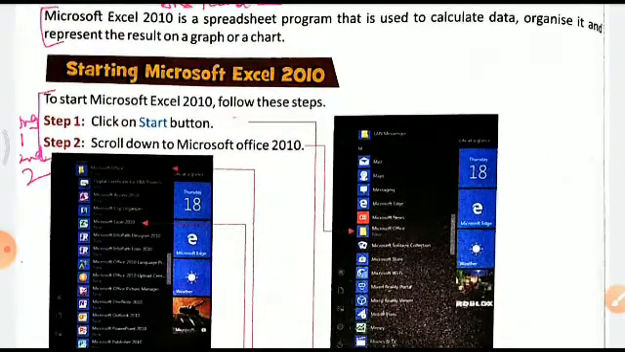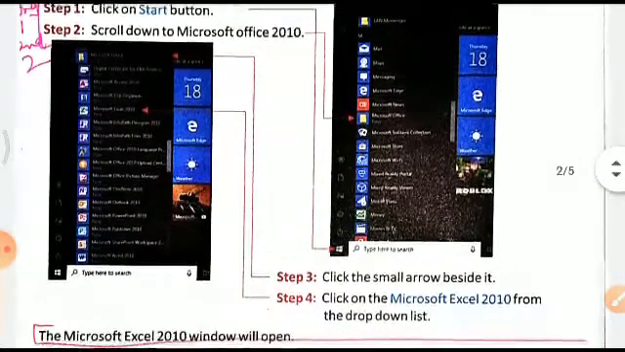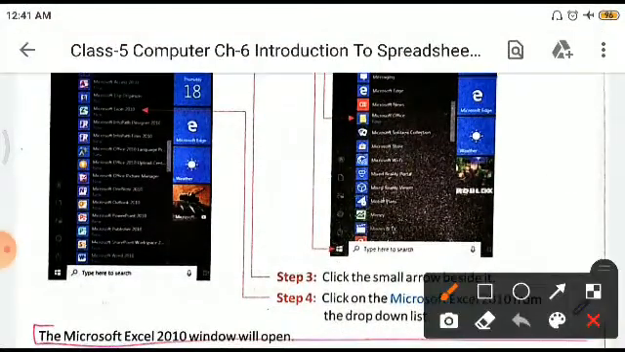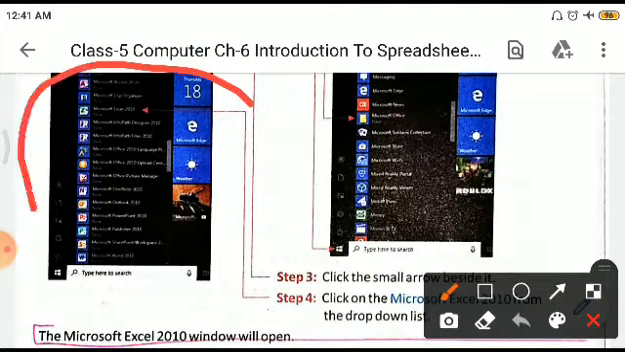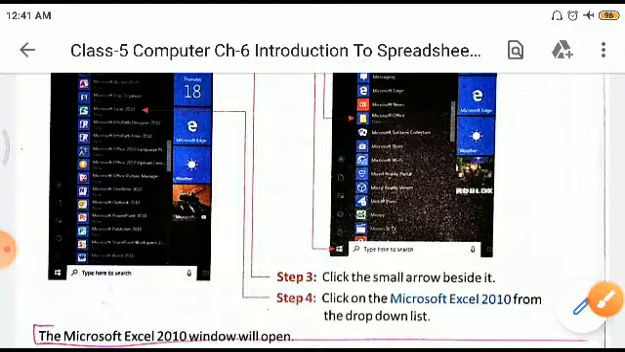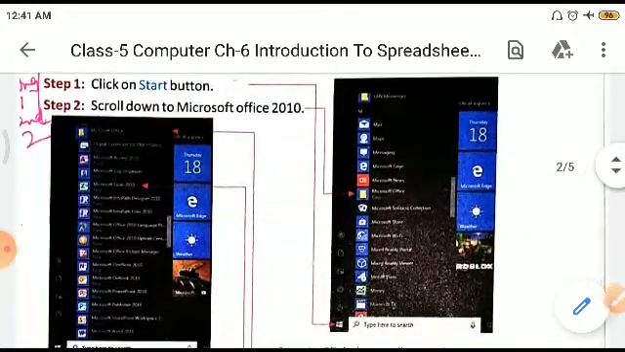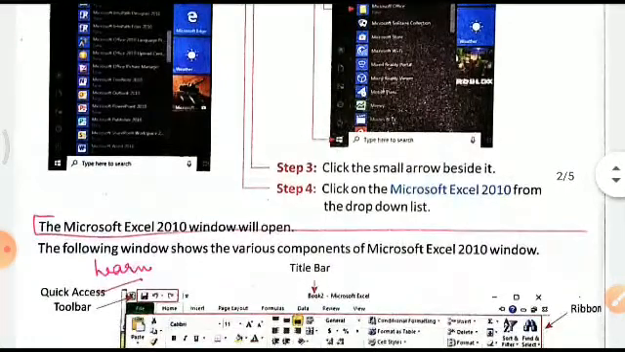To start Microsoft Excel 2010, follow these steps. Click on Start button, scroll down to Microsoft Excel 2010. See children, a screen like this is what you are going to see, something quite like this, right? The Microsoft Excel 2010 window will open, right? Now